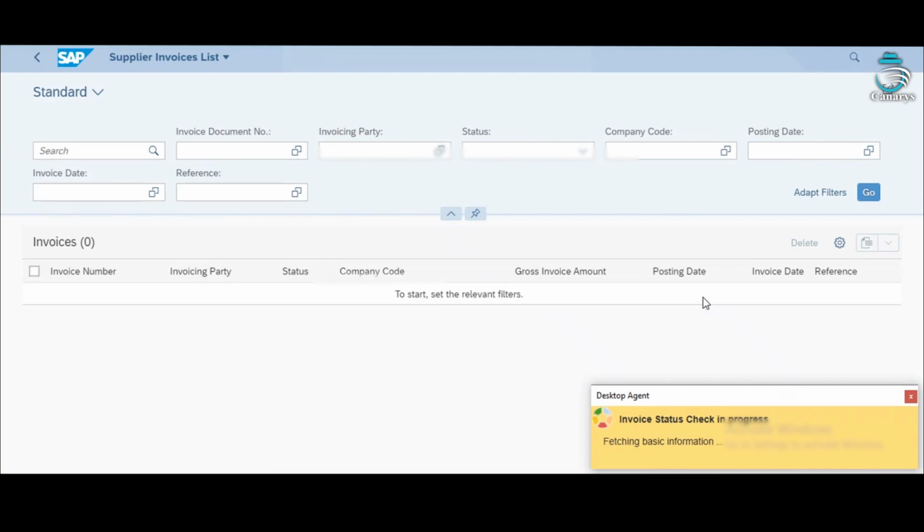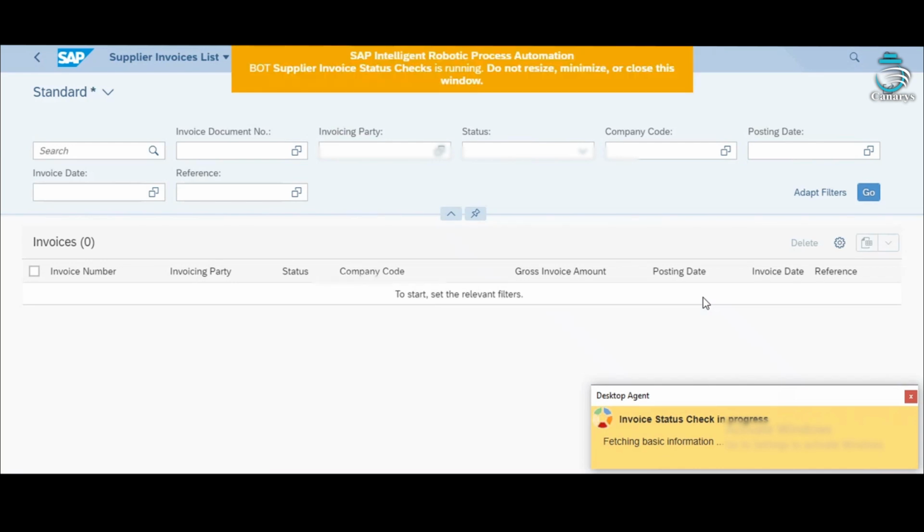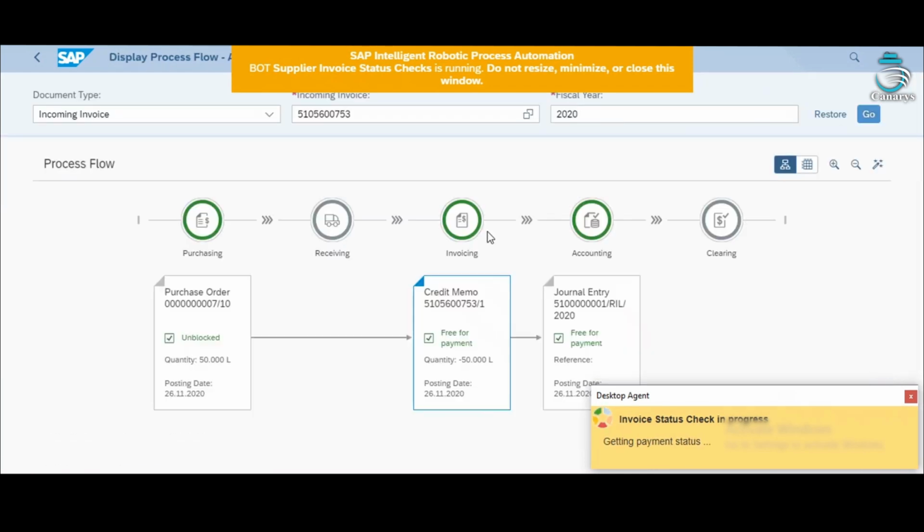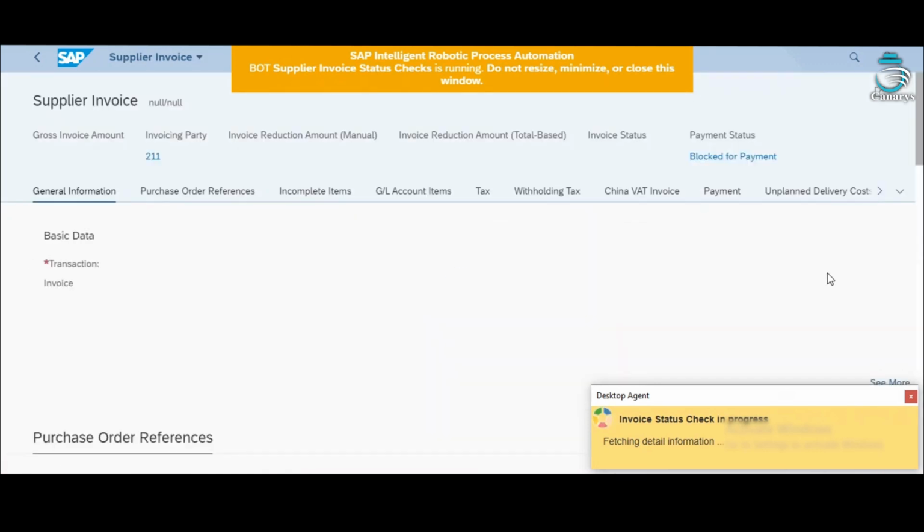It goes to the supplier invoice list. I have given the status and invoice date as the criteria. The information and the process flow is displayed for each of the invoices.